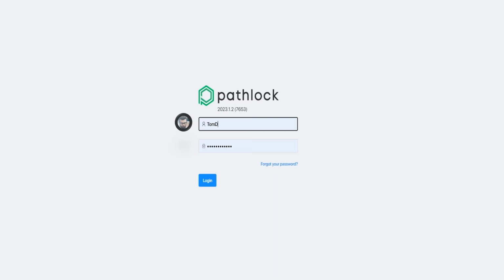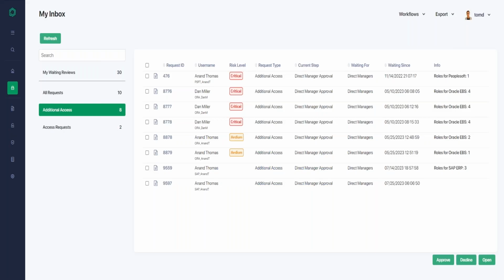Now, once the requests have been submitted, it will go to the reviewer. Obviously, in this case, Tom Davis is my reviewer. And the reviewer logs into the platform again, the same thing, right? He gets an email, clicks on the link, it gets to your login page. Once you log in, it gets you the inbox. That's as straightforward as it can get. Now, he can go to